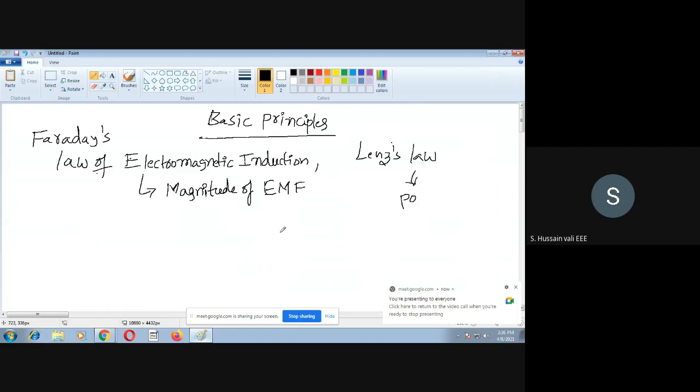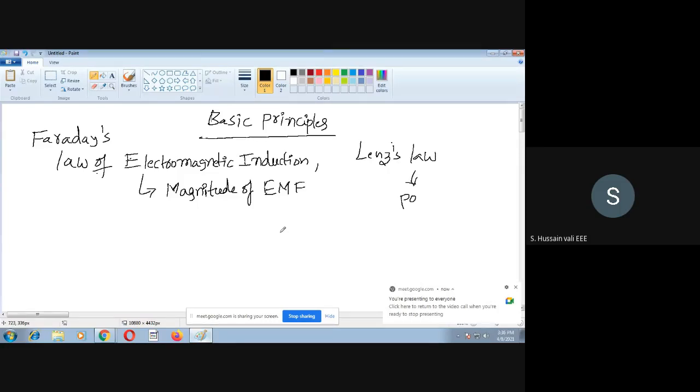See, there are two basic principles on which a transformer's working depends. One is Faraday's law of electromagnetic induction. Another one is Lenz's law. Faraday's law of electromagnetic induction tells how much, what is the magnitude of EMF that is induced, whereas Lenz's